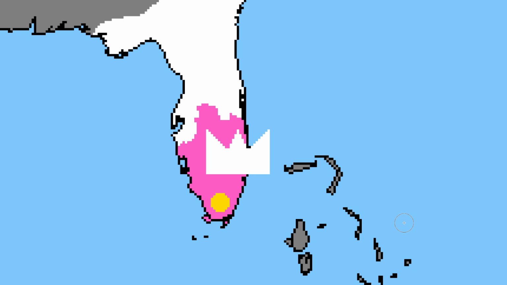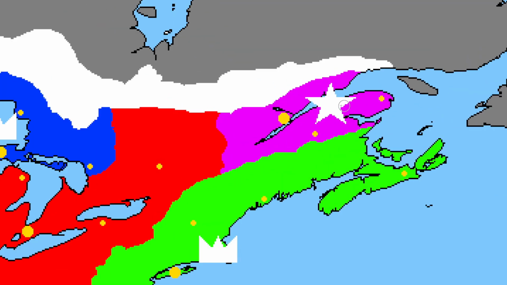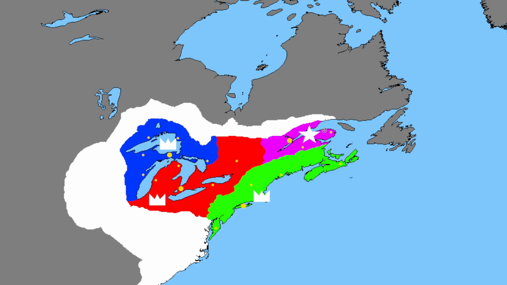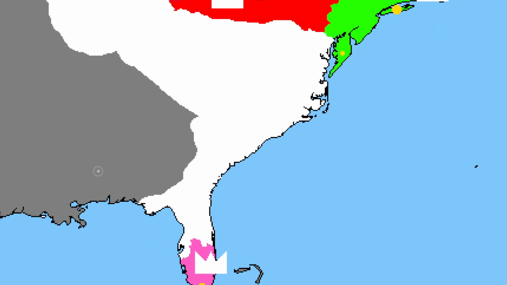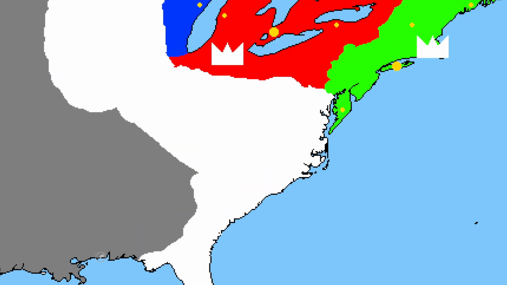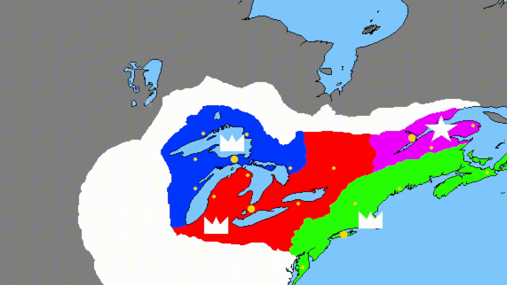Like literally every other country, the pink team becomes a monarchy. Aside from this magenta-ish country up here, most countries are monarchies. But this doesn't end here because everyone is still looking for more land to grab. And we see the expedition increasingly expand till we get a huge land up here.